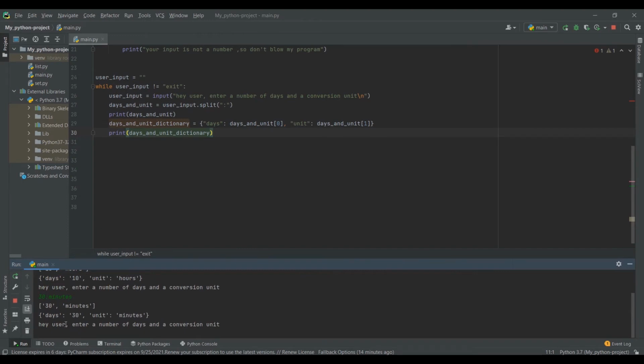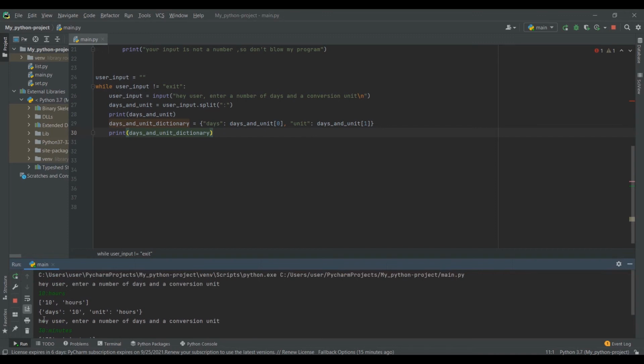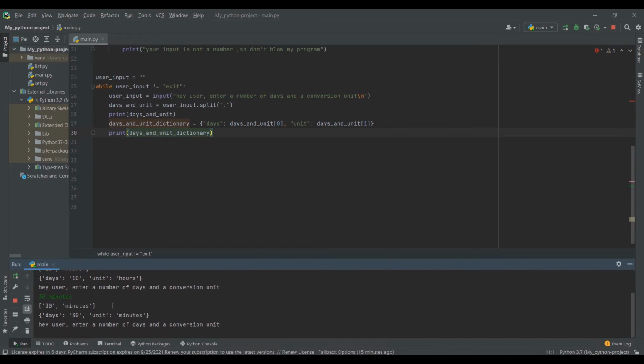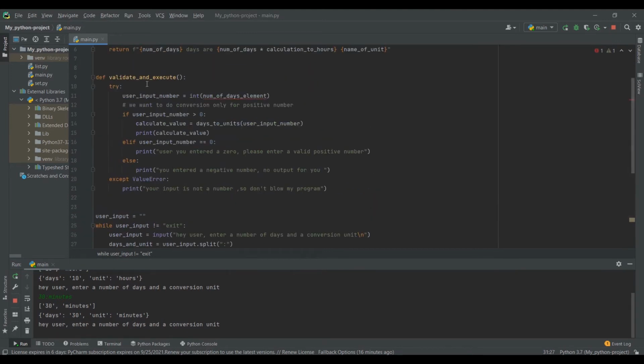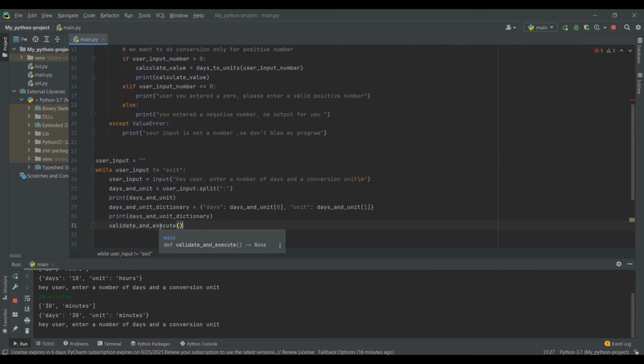So now we have these two pieces of information in one variable, and now we can give that variable to our function so that it does the validation first of all of the number and calculation based on the units. So on the next line we are going to call our validate and execute function,